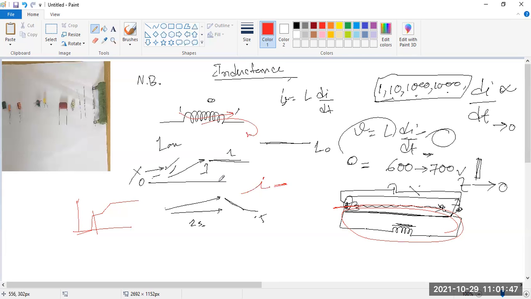Okay, and a pure inductor never dissipates energy, it only stores it. That is why it is also called a non-dissipative element. However, a physical inductor dissipates power due to its internal resistance. Look, this type of question is asked in your PSU exams or